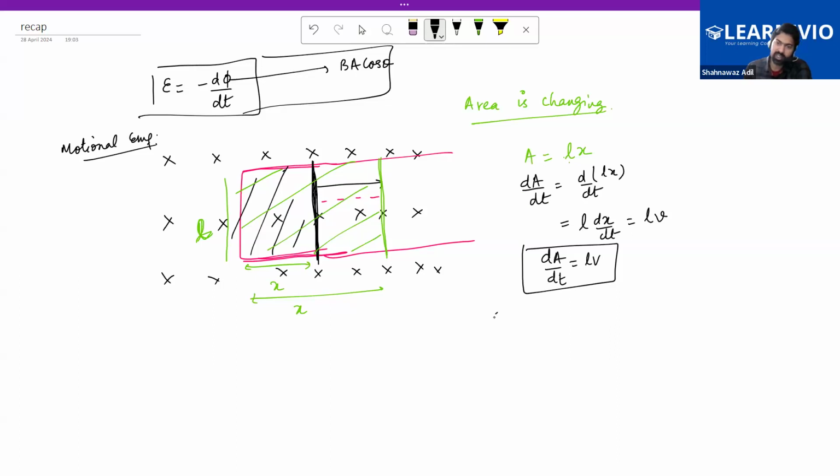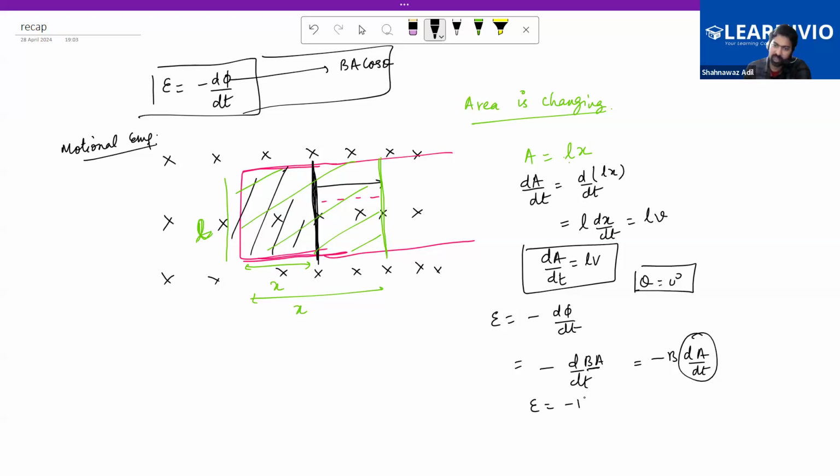Now we know what the EMF generated is. So this is minus dφ/dt, with the area vector and magnetic field. They are both in the same direction, so theta is 0 degrees. So this thing is minus d/dt of BA. B is fixed, so we can take it outside, and this is dA/dt. dA/dt we have just solved. This is Lv. So EMF is minus BLv,